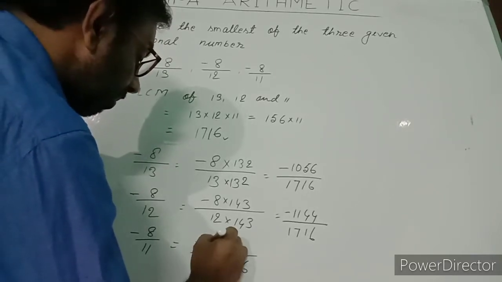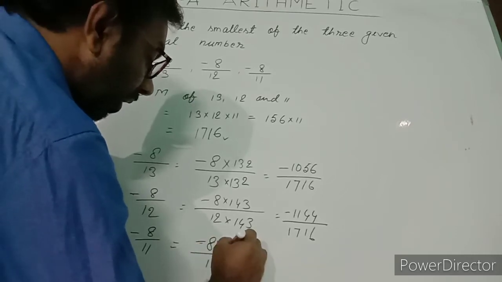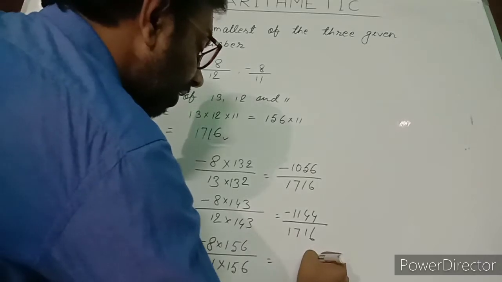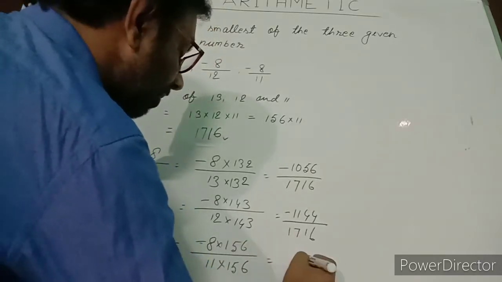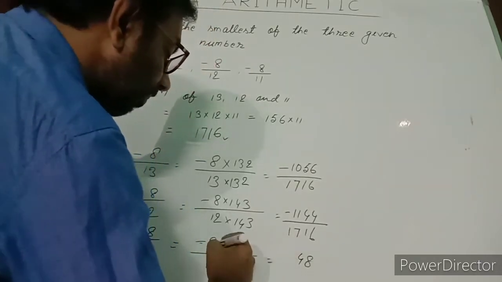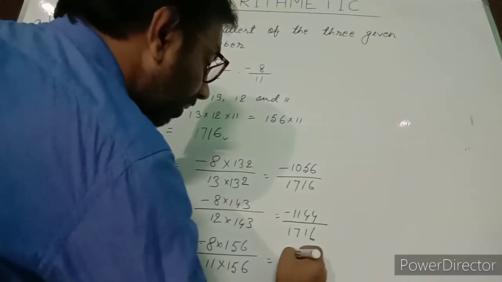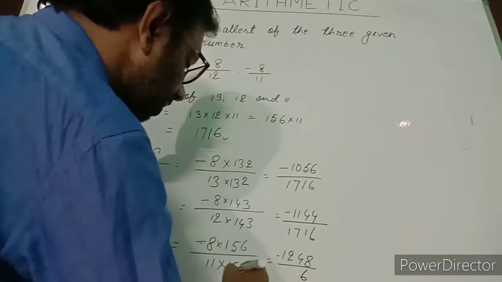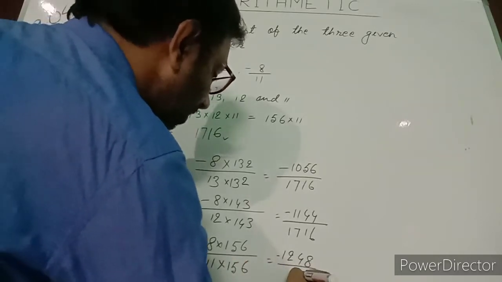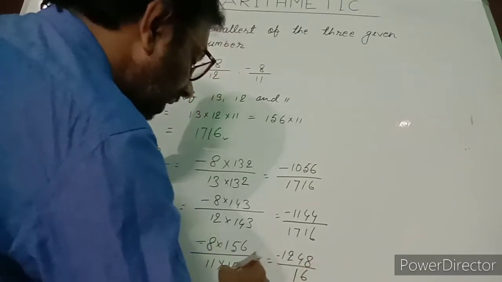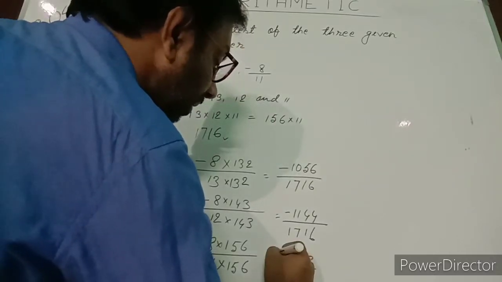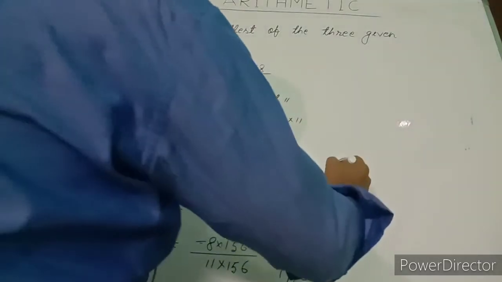So numerator should also be multiplied by 156. Multiply 8 6 is 48, 4, 8 5 is 40 and 4 44, 4, 8 1 is 8 and 4 12, by 11 6 is 66, 6, 11 5 is 55 and 6 61, 6, 11 1 is 11 and 6 17. So we have these three